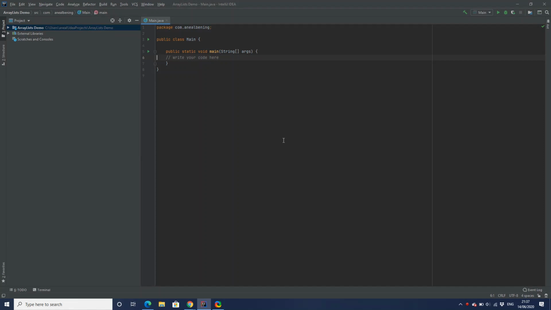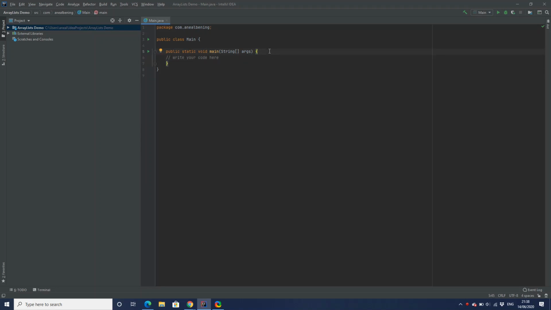Welcome back. As you can see here, I've made a new project called ArrayList Demo, because in this lecture I'm going to be talking to you about array lists. I set up the project the same way I did the very first project: File, New Project, leave Kotlin and Groovy unchecked, and then click Create Template from Command Line App. So we've got this set up, and now we're just going to create a new